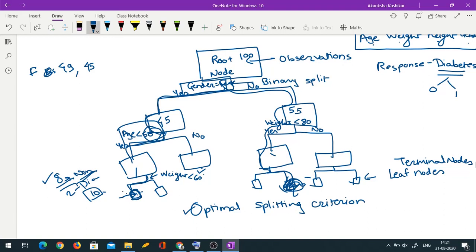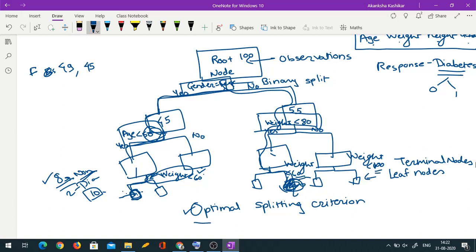In fact, you may get more than one split on the basis of the same variable. So here I have written gender, age, weight, and then we saw that weight is coming here again. That may happen. In fact, not just in different branches, it may happen that here you have weight less than 80 and then it further gets split into, say, weight less than 60, and this one gets split into, say, weight less than 100. So that is also possible. A split on the basis of a variable may further get split on the basis of the same variable. Of course, the threshold has to change.